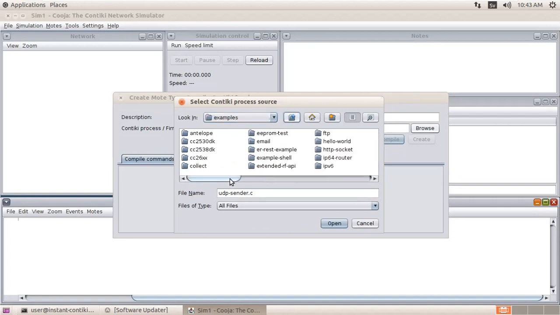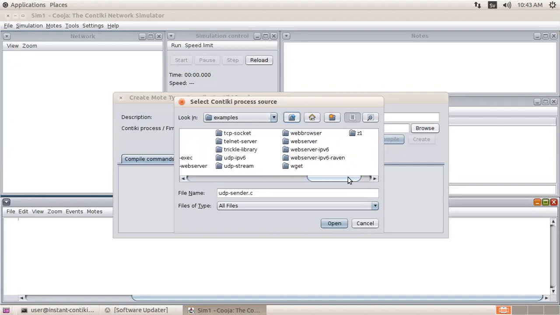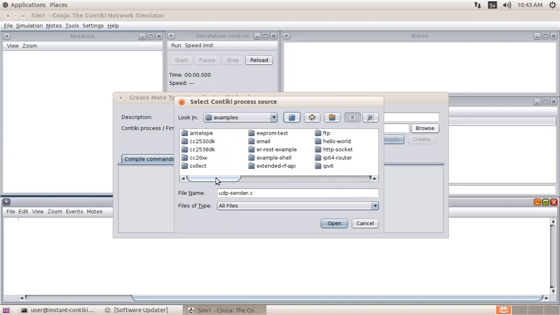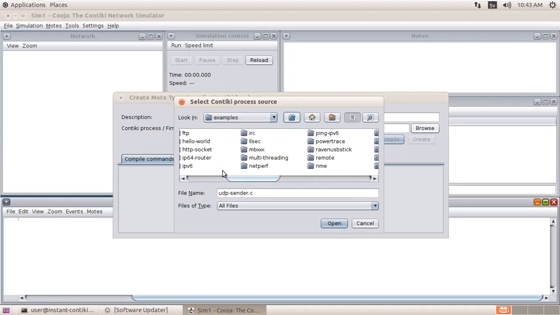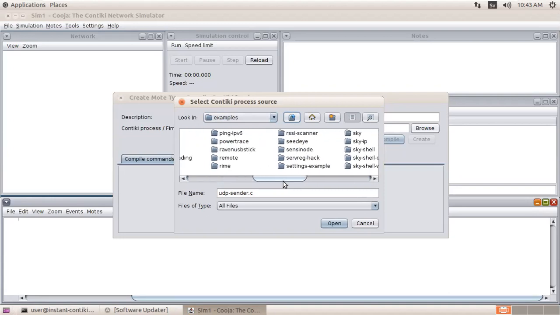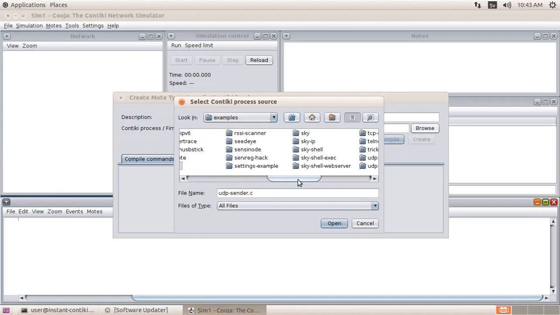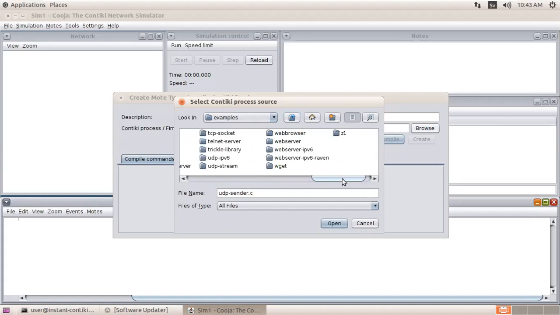You can see over here, we have multiple examples, which by default they have given to us for collection, right? For IPv6, we have HTTP socket, we have RIME for WSN, right? For RPL, we have for IoT, right? So you can also implement the concept of IoT by using this Contiki also, right?